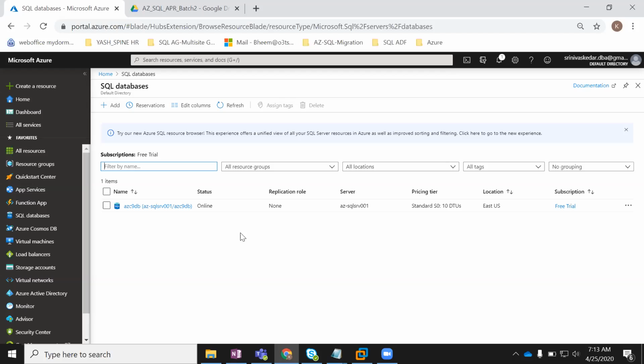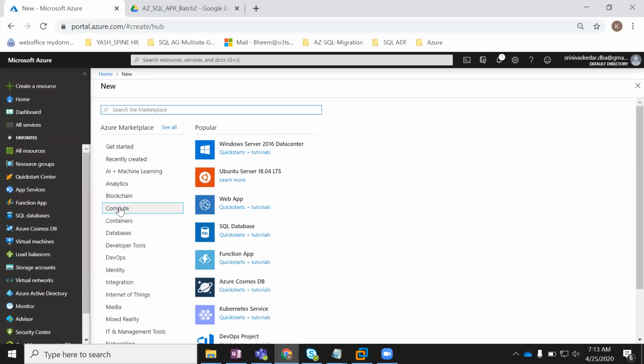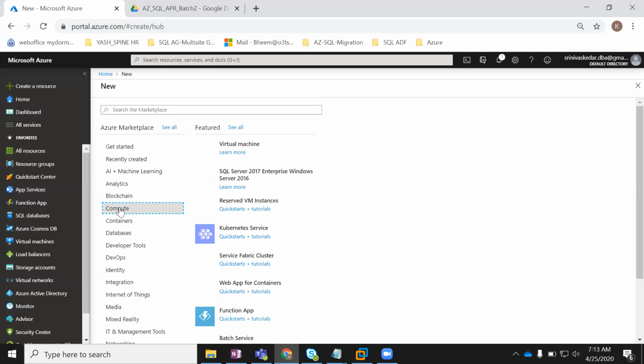The simple thing is to just click on the create resource option, where you can navigate to the complete compute option. If you can see this, we already have an inbuilt template with SQL Server 2017 Enterprise on Windows Server. This is all Microsoft-provided inbuilt templates. In this inbuilt template, we get the SQL application as well as the VM. Basically, what we are going to do in on-premises